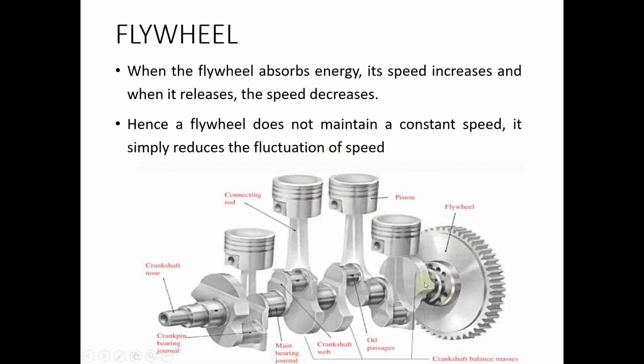Now the flywheel arrangement, as we mentioned, is like this. We can see a gear teeth arrangement on the hub on the rim portion of the flywheel. So we will study the different parts of the flywheel. The outermost part is known as the rim. The rim portion has gear teeth machined on the surface. You will see in detail why there are gear teeth cut on the surface of the flywheel, on the rim surface.